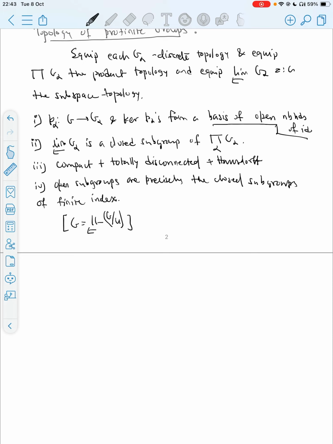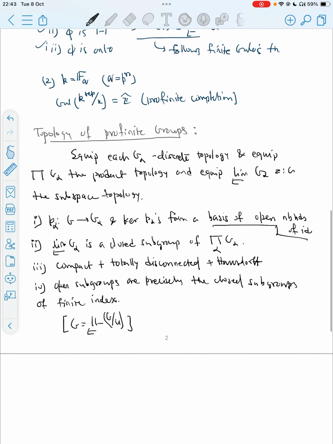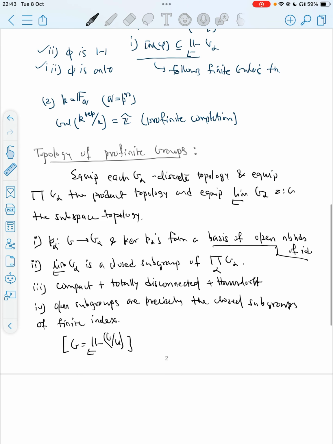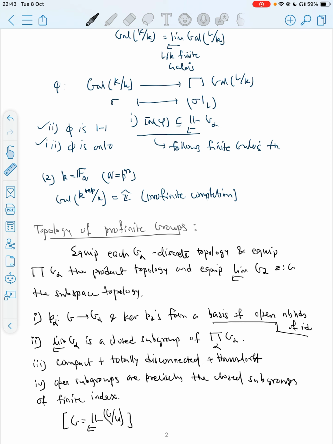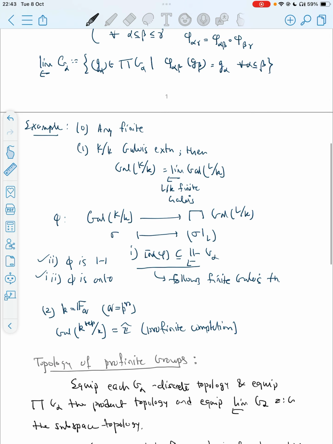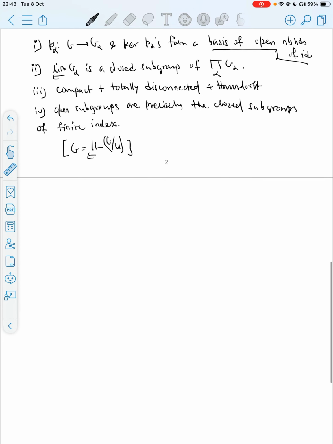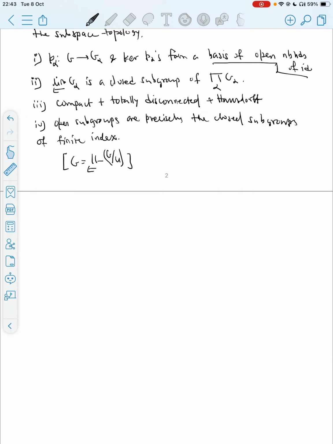So now let's come back to what we were doing. We were interested in Galois theory, and everything that I wrote in these four points will go through exactly the same for any Galois extension, because as I just mentioned or sketched in the proof, the Galois group of any Galois extension is a profinite group. So it makes sense to talk about its closed subgroups.